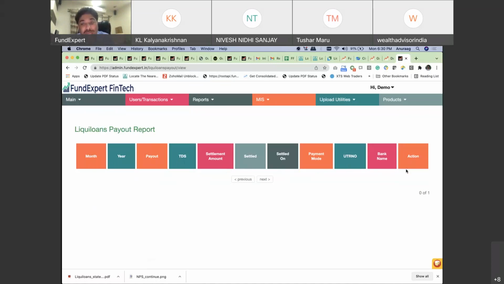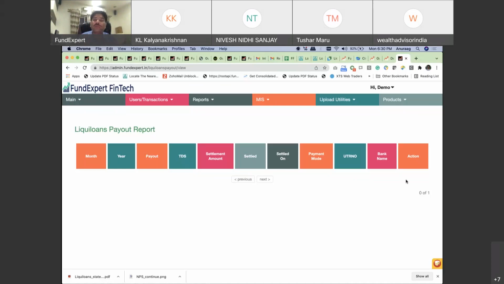And once you click on action, there will be a detailed view. So you will get a detailed breakup, client by client, transaction by transaction. You get a breakup where you can see when the transaction happened and how much you got paid for each and every transaction. So it's a very comprehensive reconciliation system inbuilt in the system itself, so there's no need for any other kind of reconciliation or anything. It's a straightforward, automated, entire system inbuilt in place.